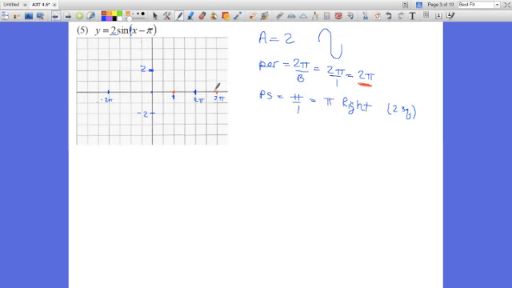Beginning of the period, end of the period, middle of the period, all on the x-axis. Well, the red doesn't show, there we go. And then we're going up first, so halfway to the first, to 2 pi, we're going to go up to 2. And then halfway between the middle and the end, we're going to go down to -2. Okay, and then I can draw it in. So it's a good bet to draw in one period at a time,